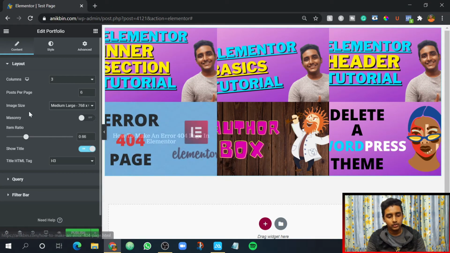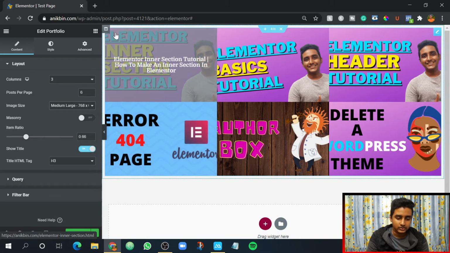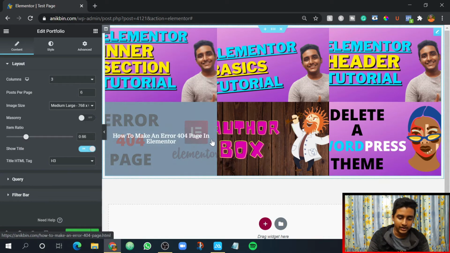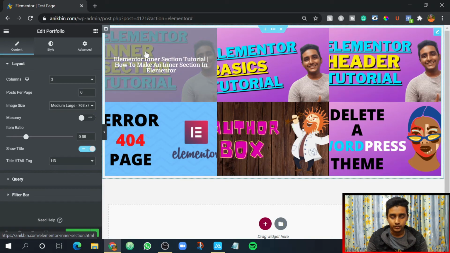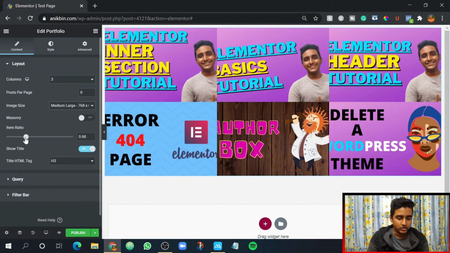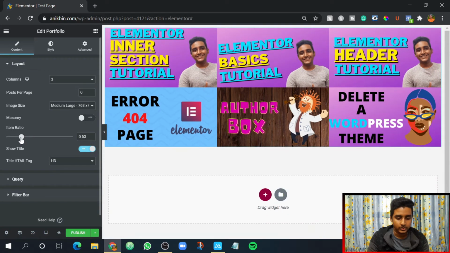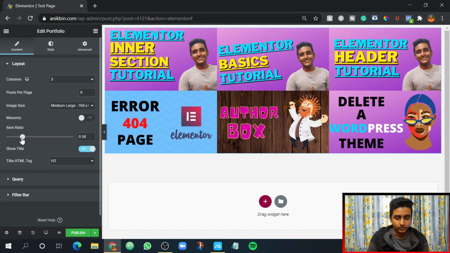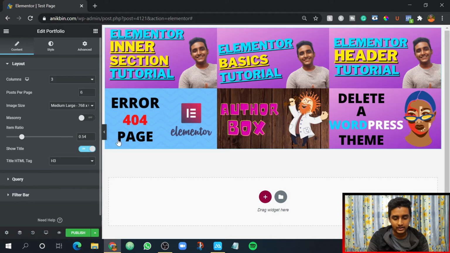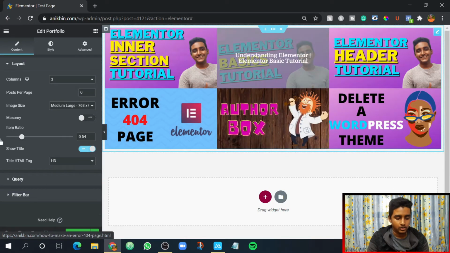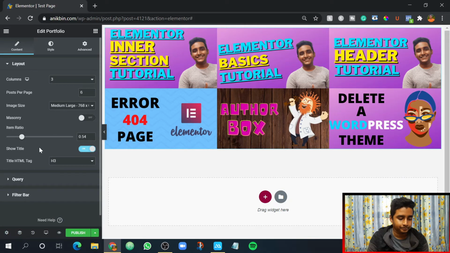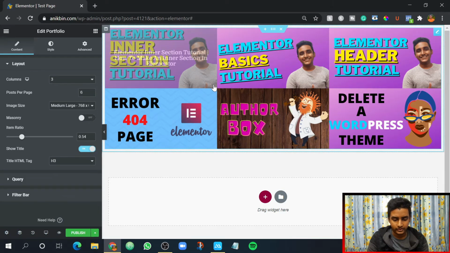Now I need to change the ratio, because as you can see here, my text is not properly visible and is cut out right here. So I need to fix that so that it appears in this box. You need to go to the image ratio and decrease the image ratio a little bit till it perfectly fits. And I can see now every text is perfectly fitted, and you can do it according to your own needs, and in this way it will be fixed.